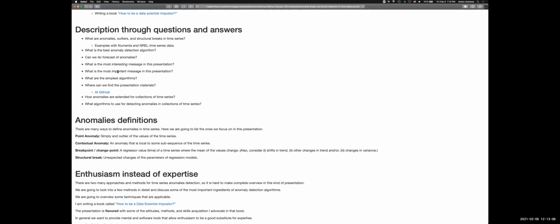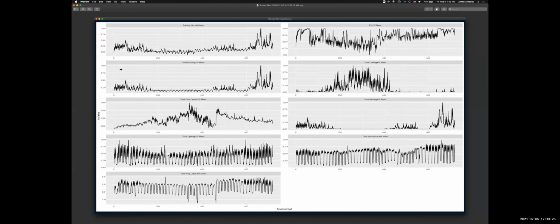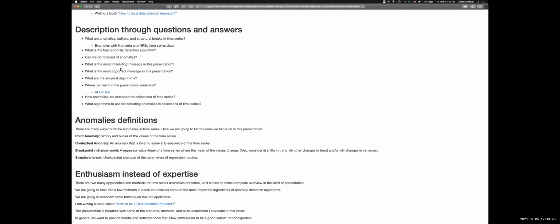The most important message is that you can make your own anomaly detection algorithm. You just make it and you test it. In order to test it, you need to do a certain amount of scaffolding. You need to use some test series, like the tests I'm mentioning here, and then you see how your algorithm performs.